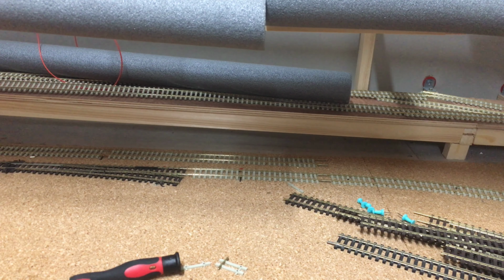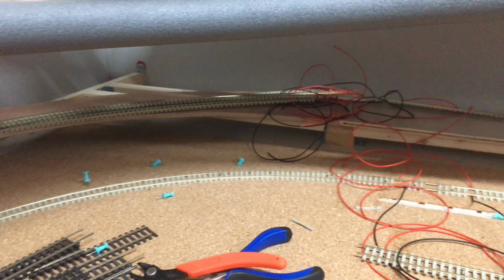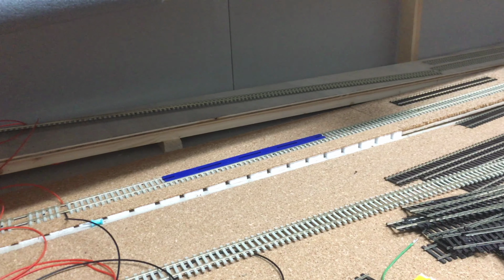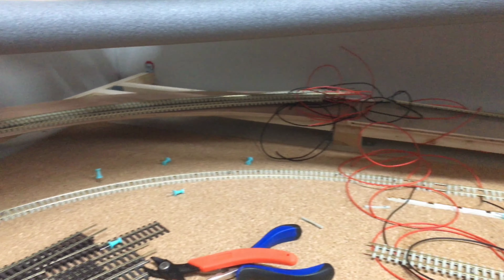The track work is now in progress, so this is the area that I was working on in the last update, and I've now started to bring the track around this corner, and then it joins the incline, and I've got one section of concrete track in there. At the moment the radius is around about a third radius curve around the corner, and then I've got the track setter there for a straight to go all the way up